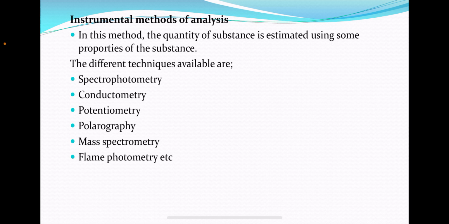Further we saw the differences between co-precipitation and post precipitation, and the advantages of gravimetric methods were discussed and disadvantages of gravimetric methods were learnt. So this is where we stopped in our previous class, and in this session we are supposed to start